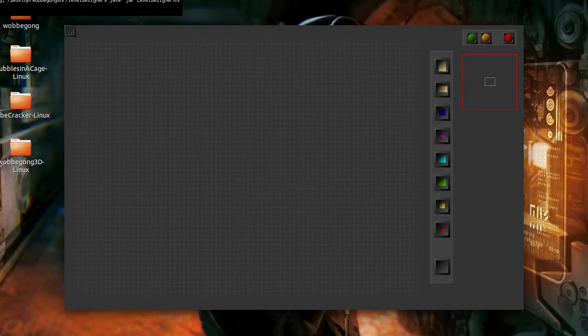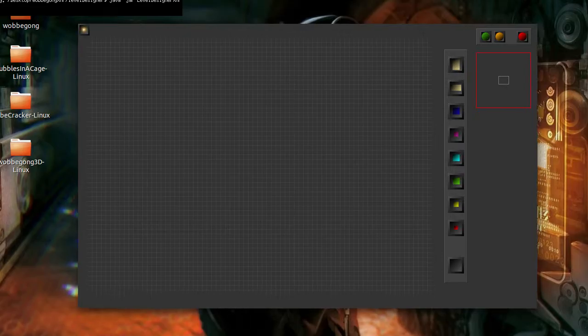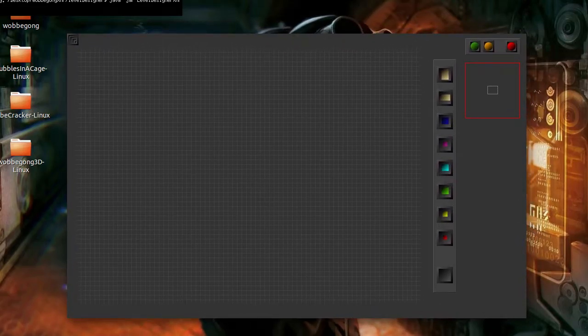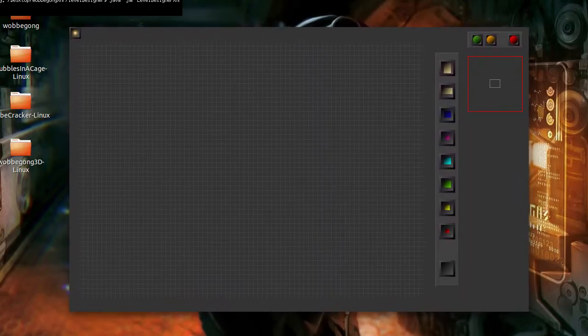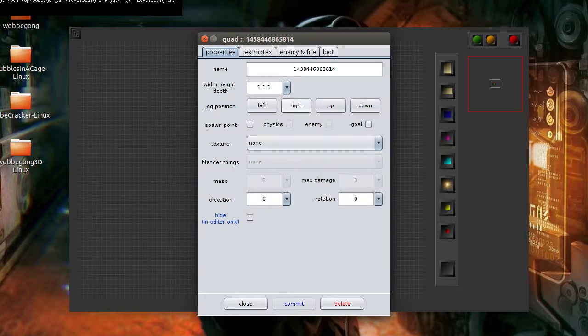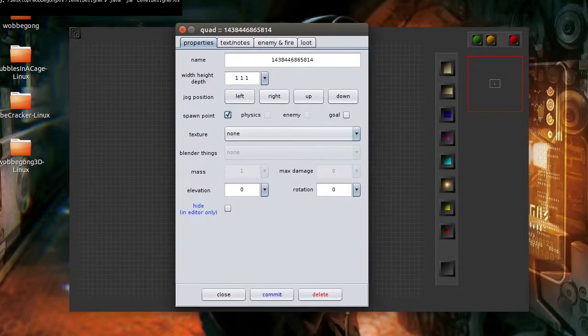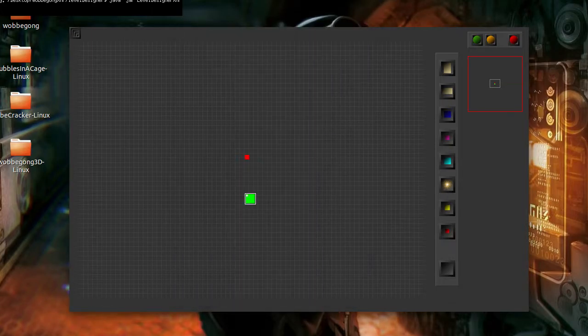My level designer. You move it around the screen with this thing. It doesn't have a title bar or anything across the top, because it seemed like the right thing to do at the time. Yeah, whatever. So all I'm going to do now is just create a simple map, and it's just going to have this red thing down here that I just clicked. A fire right smack bang in the middle. I'm going to add a spawn point as well, so I'm going to click that. You get these properties here. You can see spawn point. Commit, close. We've now got a spawn point, we've got a fire, and I'll push this green button at the top right here,